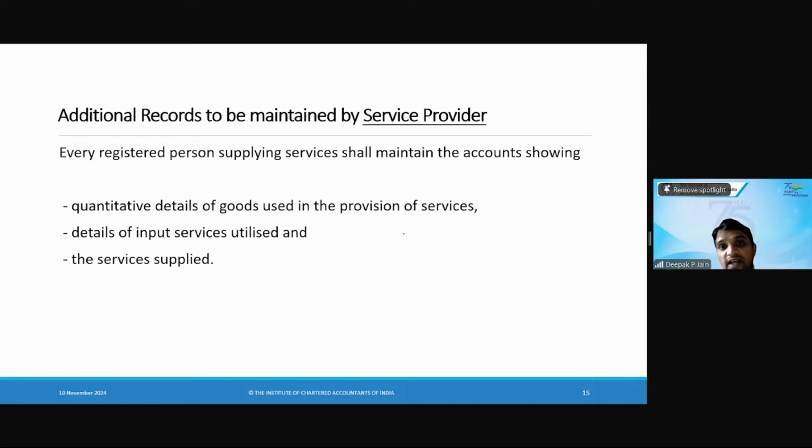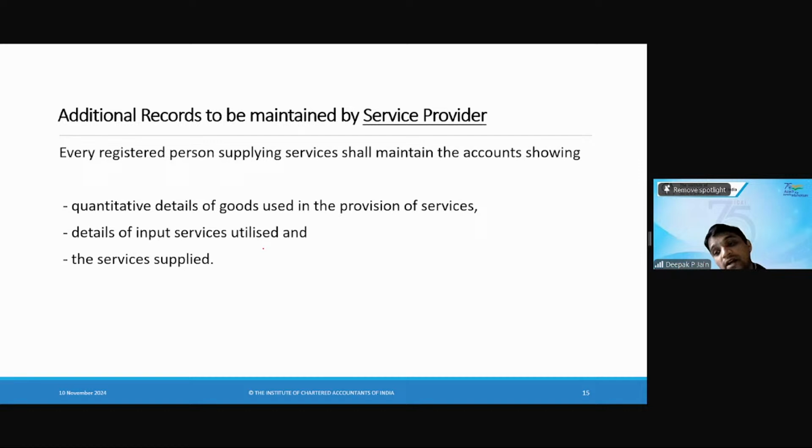So that's why he will have to maintain quantity details of the goods which is used in the provision of services. Then details of input services utilized and what are the services supplied. उसका तो यही है मेन काम, कि जो सर्विस यूज करता है वो मोस्टली उसके सैलरी कॉस्ट रहते हैं, तो उसके लिए उसके अकाउंट्स में जरूरी है. और लेकिन सैलरी के ऊपर जीएसटी नहीं है,